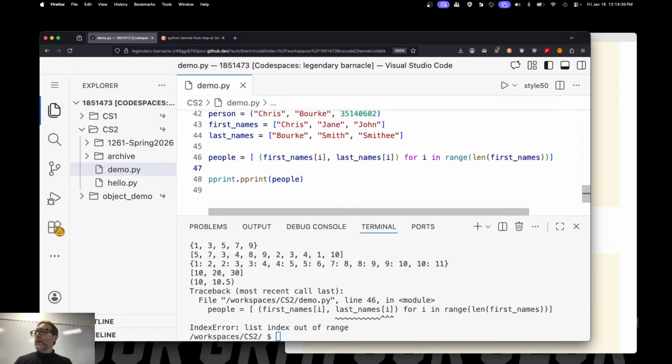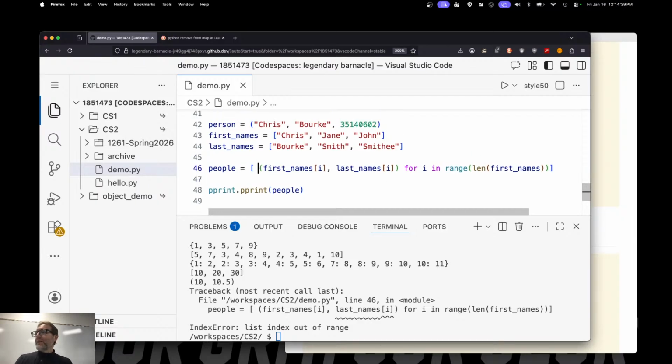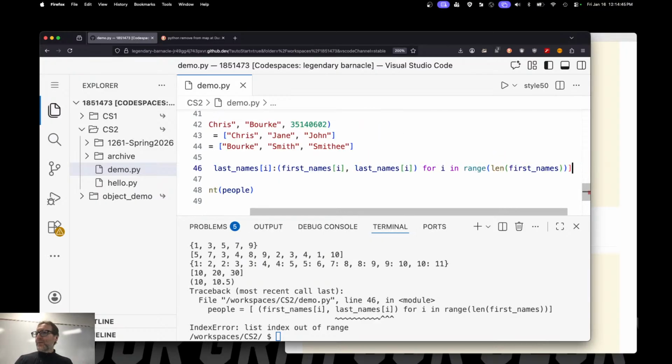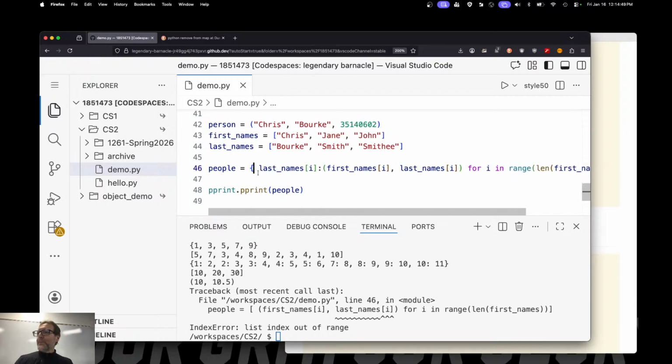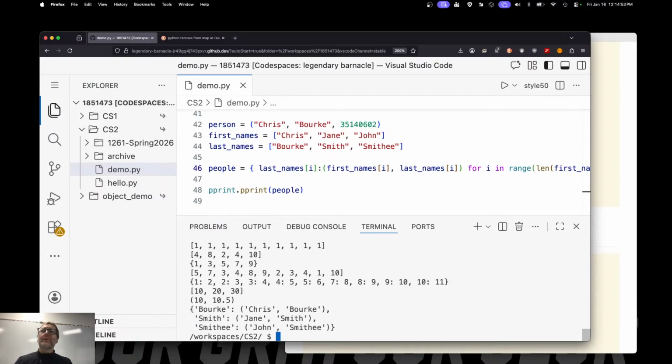Then you can do that. Last name, last names sub i, I will map that to the full name. That's going to be really cool. What will it be? Now it's a map that maps a person's last name to their full name. So you can do a lot of powerful stuff with these comprehensions. List comprehensions, set comprehensions, and